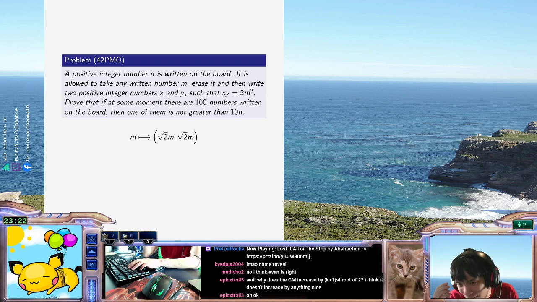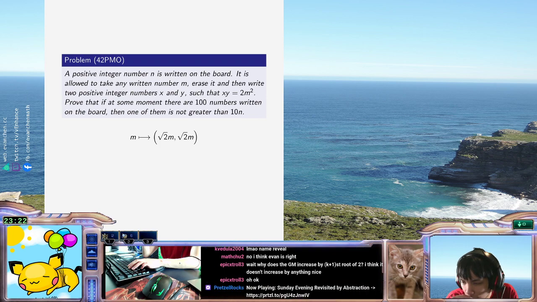Dang. No. Like, I want something that's related to the number of terms, and I don't have it. I mean, I could just say the product of all the terms increased by something, but then that involves